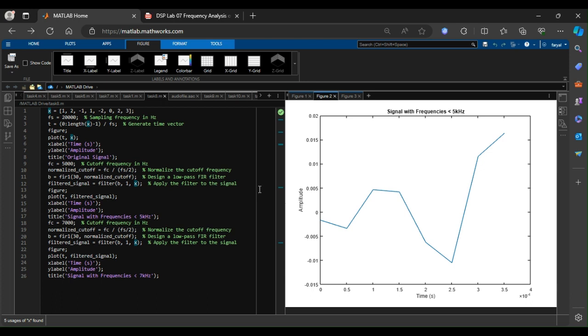This plot shows the amplitude variation of the filtered signal with the high frequency components filtered out, and then we repeat the same process for the different cutoff frequencies. Here is the output for the signal with frequencies less than 5 kilohertz, and then the signal with frequencies less